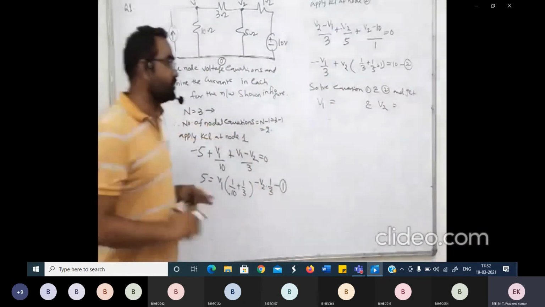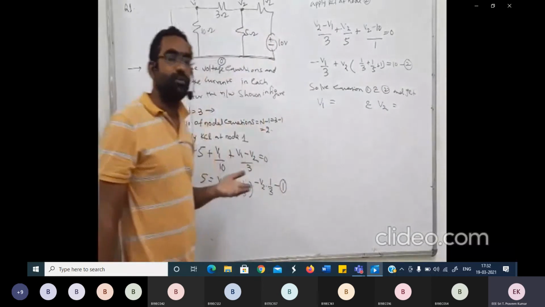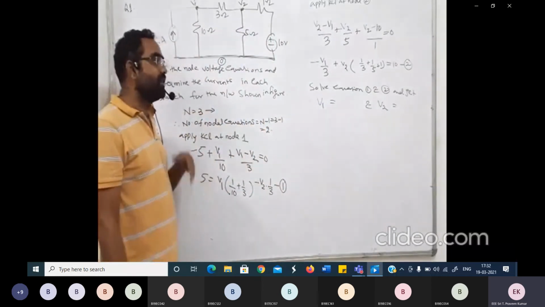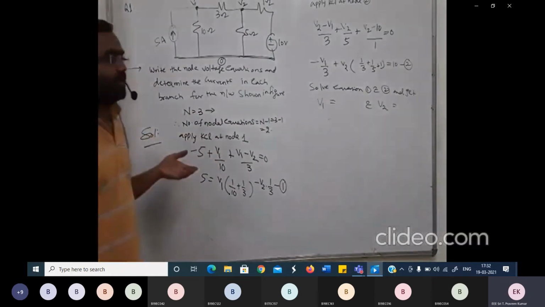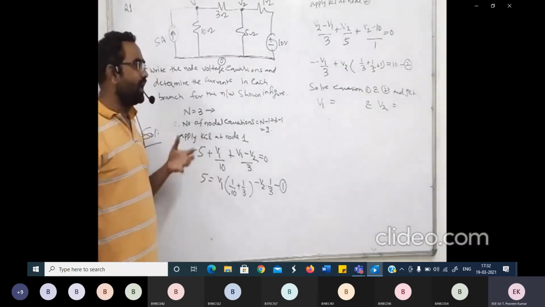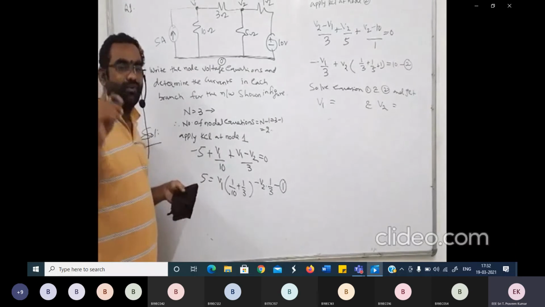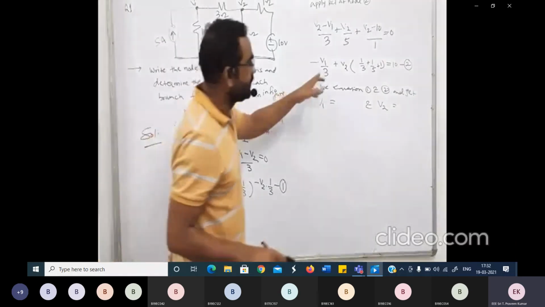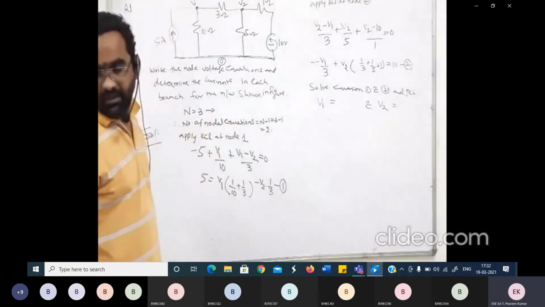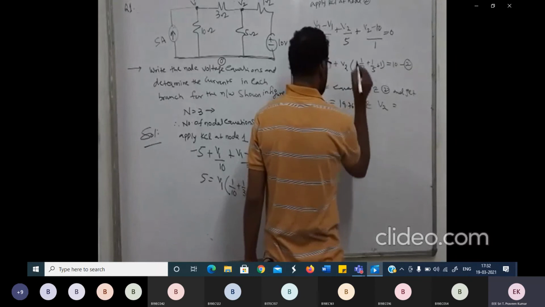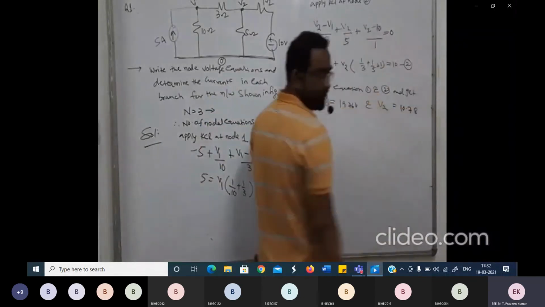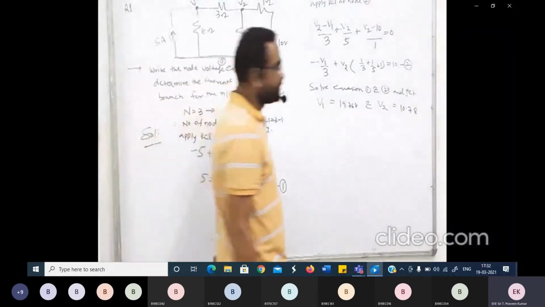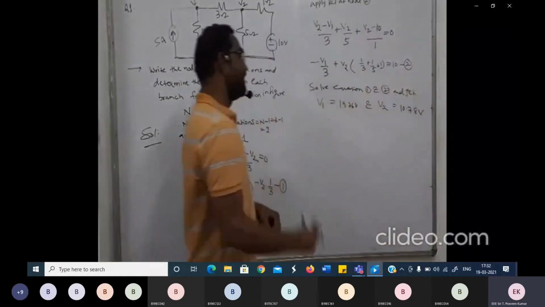Now, there is no doubt in how you solve these two equations. Either you solve them using two algebraic equations, or use Cramer's rule and find the determinants delta 1, delta 2, and go for V1 as delta 1 by delta, V2 as delta 2 by delta. Or just use your calculator, go for solving two equations, give these values there, and it will give you the V1 and V2 values. On solving, you will get V1 as 19.76 volts and V2 as 10.78 volts. So these are your values of V1 and V2.